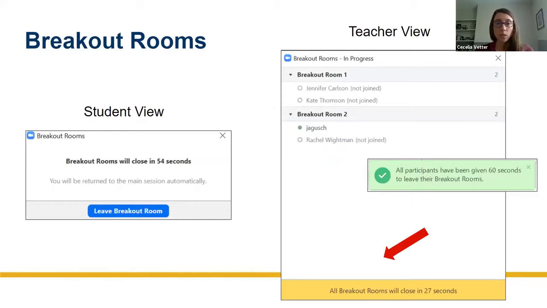The last thing I wanted to point out was closing a breakout room. If you want to bring the whole class back together, as a teacher, you'll have that breakout room pop out, and you can hit close breakout room, and at the bottom you'll see students are given 60 seconds total to leave their rooms. When you click end breakout rooms, the students will get a pop out that says breakout rooms will close in 60 seconds, and it starts counting down. They can choose to leave the breakout room by clicking the button,